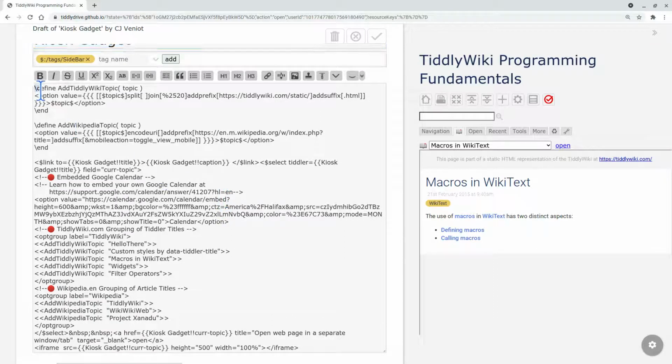For example, you need to know how to do macros. You do need to understand filtering and filter operations. You need to know things like the select widget and how to add items to the select widget. You need to know little things related to HTML, such as iframes